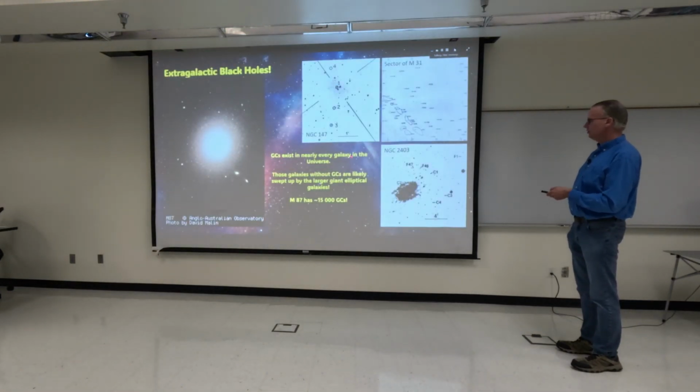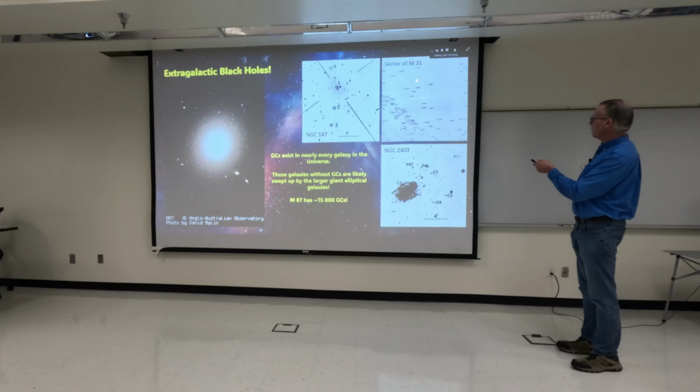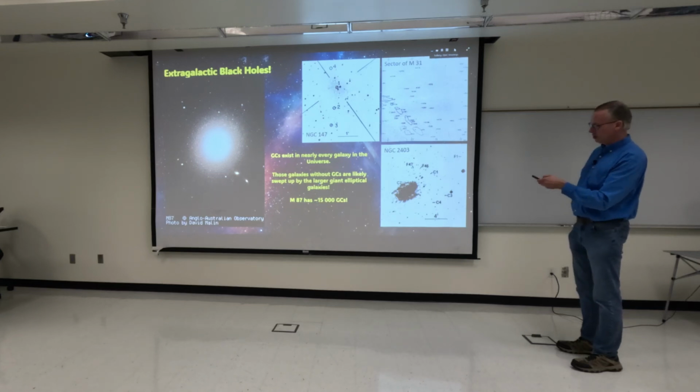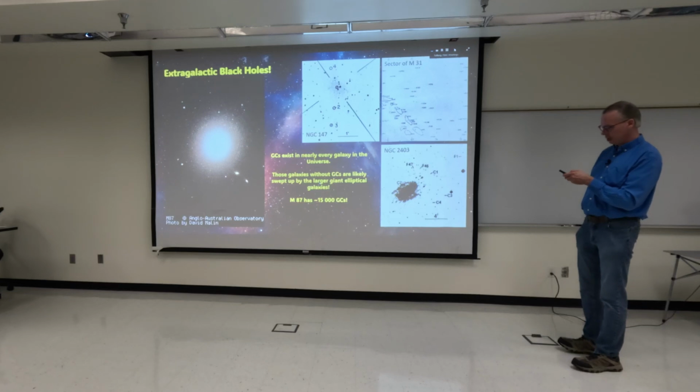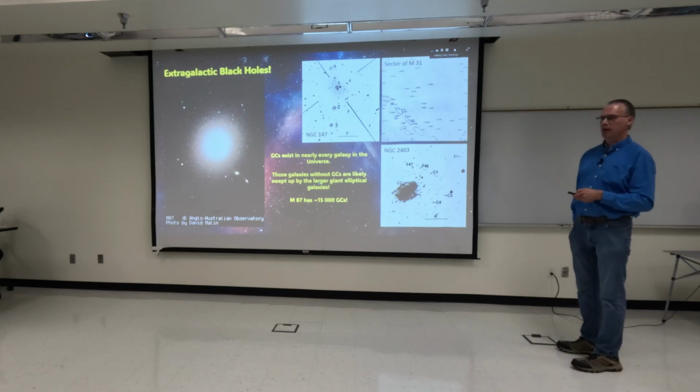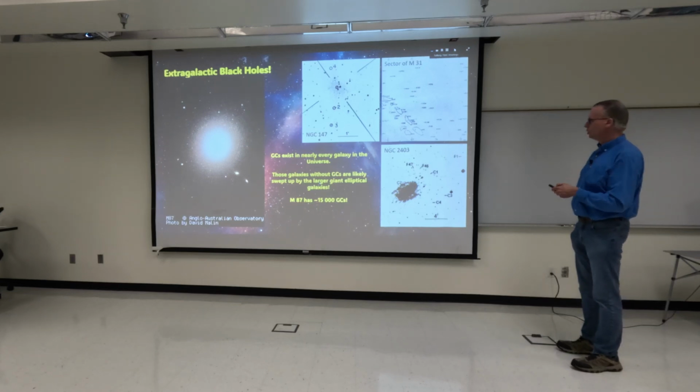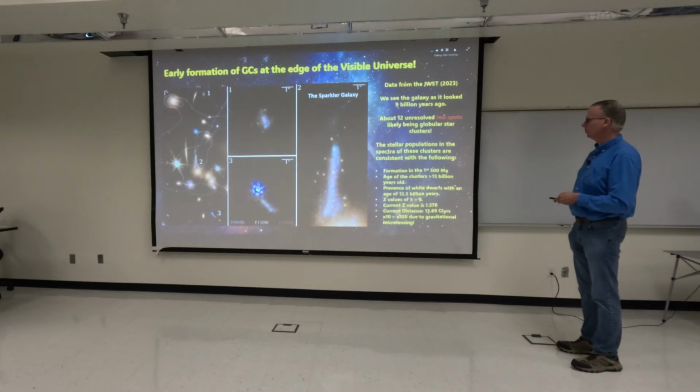Globular clusters existed very early in the universe. We find them in elliptical galaxies. We find them in a lot of the dwarf galaxies. There is a map from the old atlas of M31. Here's a chapter where we can pick out the globular clusters. M87, all these little dots right here, each one of them is a globular cluster, actually comparable to 47 Tucanae. So a lot of massive globular clusters.